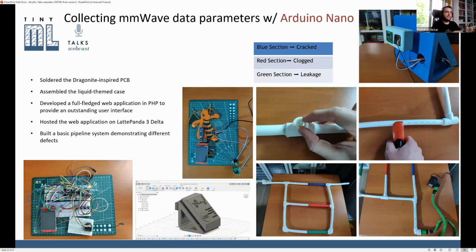The 60 GHz MMA sensor cannot be connected directly to it. So I decided to utilize an Arduino Nano, collect the data, and transfer this collected data to the Nicla Vision via serial communication. After soldering the PCB and adding the components on it, I assembled the 3D printed case,